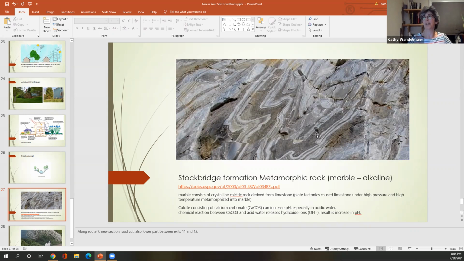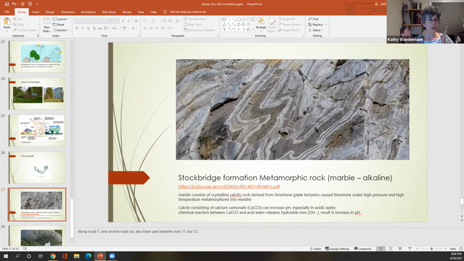But this particular one, called the Stockbridge soils, is characterized by marble. Now this photograph was taken, I think, on Route 7, and this is really a unique sort of thing. If you're into geology, I urge you to pay attention on Route 7 when you're going north towards New Milford, where the road cuts have been done. You'll see this pattern in the rock, and this is a sign of